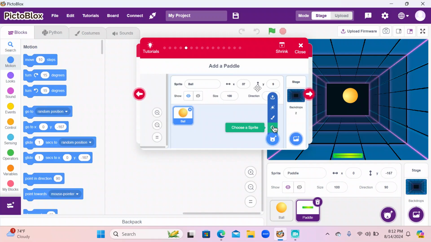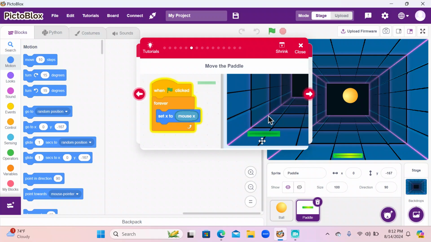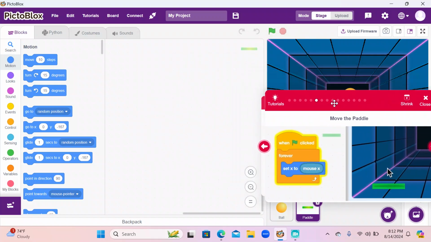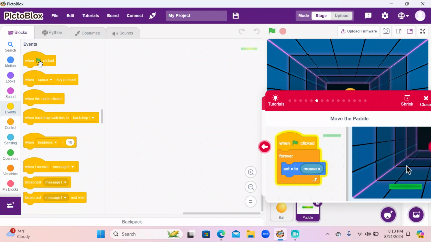So let's go back to coding, and then we have to code the paddle now. And how we're going to do this is there is two ways. So number one, you can use your keyboard to control the paddle, or you can use your mouse pointer like what they are doing with this game. So I will do the mouse pointer version right now, and I'll show you how to do it with the arrows later. So right now we will go to when green flag clicked, and then forever,